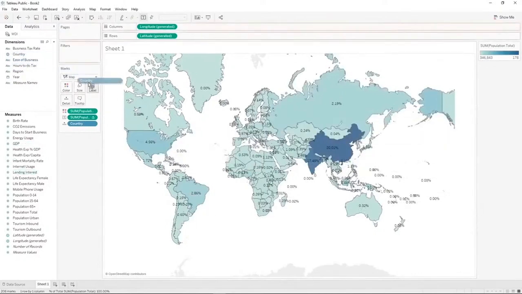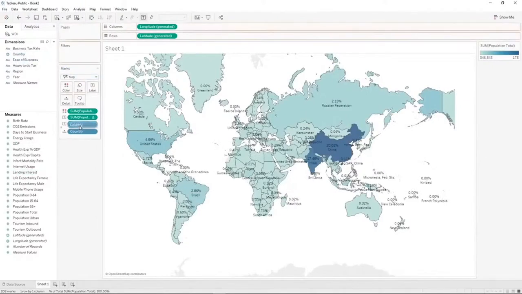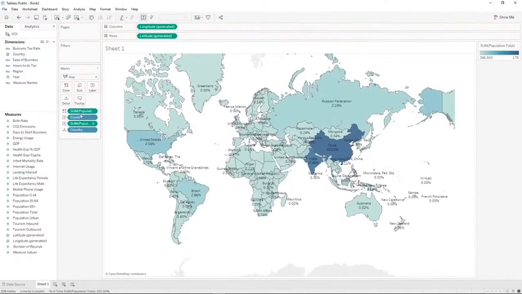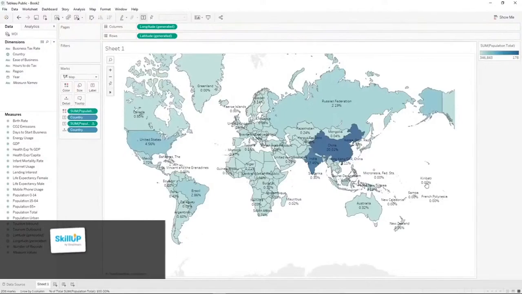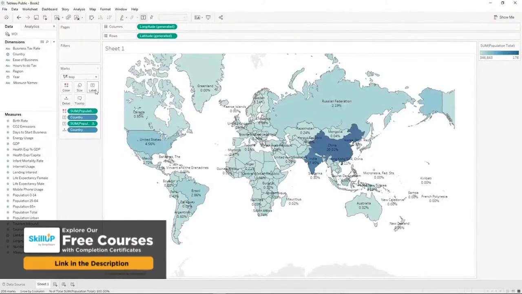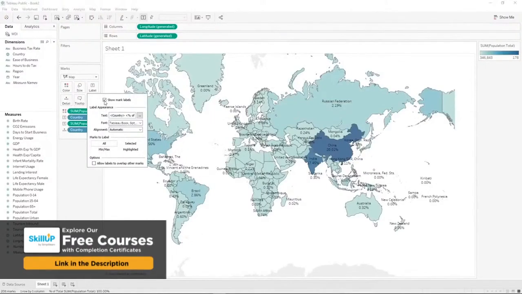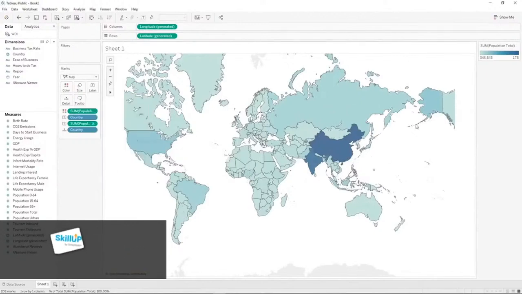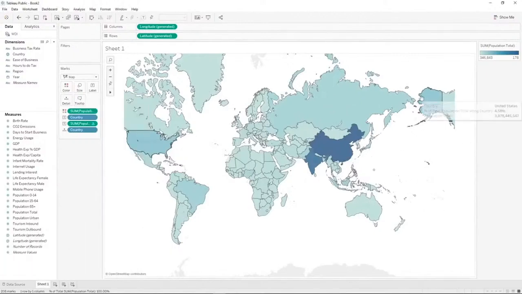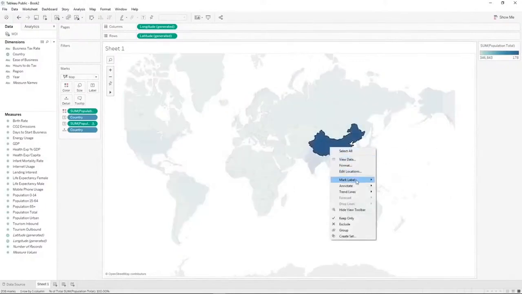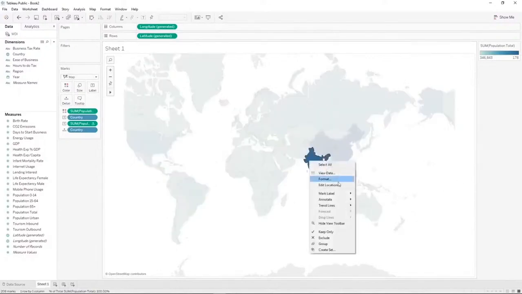Let's also bring the country name onto the label, and let's put it on top. So country name's on top. Now it's getting a little bit crowded in here, so we're going to unclick Show Mark Labels, and we're just going to show the ones that we want to see specifically. So we can right click on China here, hover on Mark Label and click Always Show. And on India, since these are our two biggest contributors,